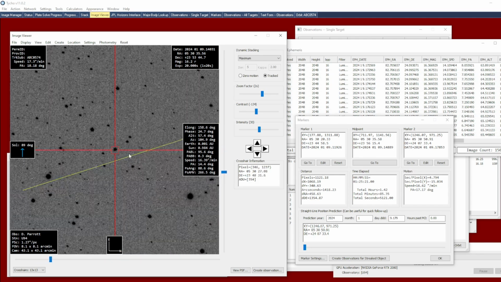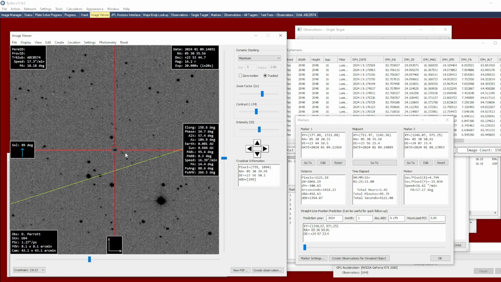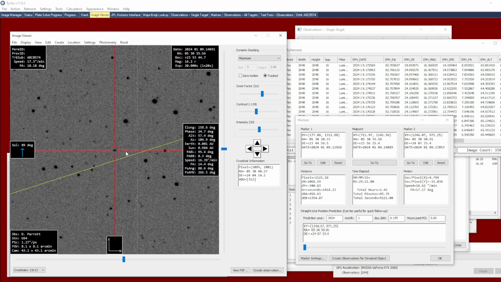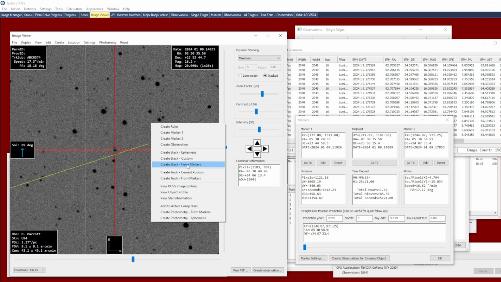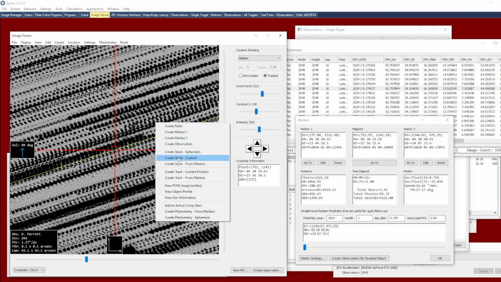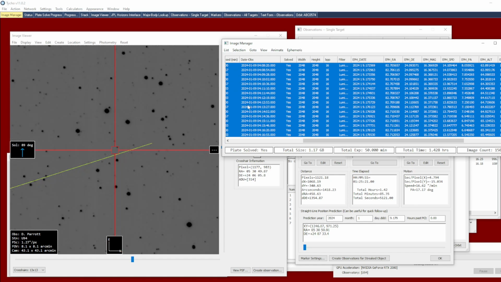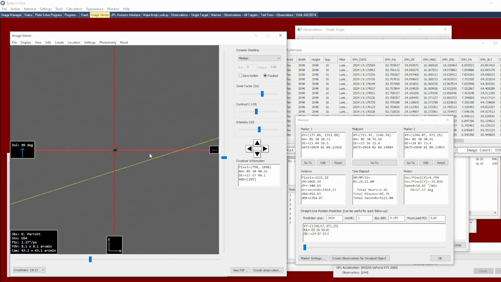So that also poses, as I said before, another interesting challenge in creating stacked measurements. Because typically when you create a stack, you're doing so with an assumption that it has a linear motion. So for example, if I were to create a stack from markers, that won't produce anything of interest. Even if I do, of course, a median stack here, what that looks like, we don't get anything of interest. However, if I were to do a stack with Ephemeris, then it will actually take into account the nonlinear motion